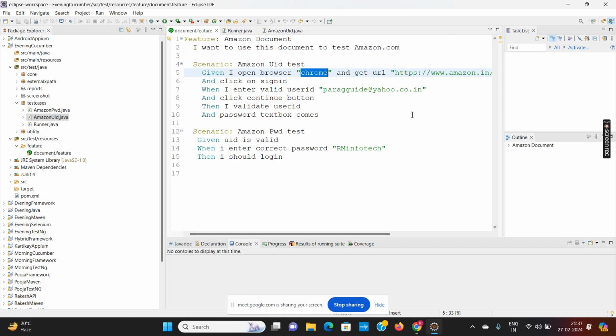So in Cucumber also there is no DataProvider annotation, but you can do the Excel connectivity and read the data from the Excel by using the JDBC connectivity code and by using while rs.next. Because in a Cucumber application there is no need to add it to an array. We can directly get the data from the Excel by using while rs.next and use it in our program. Or otherwise, if we do not want to use Excel, and you want to pass multiple data to my test method, then you have to use one more keyword that is called Scenario Outline.